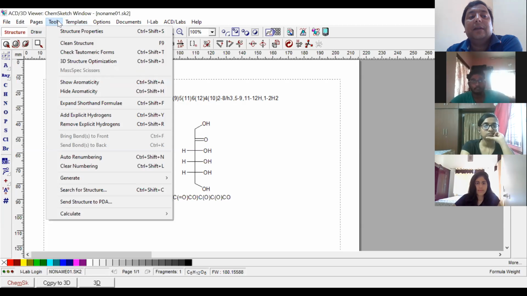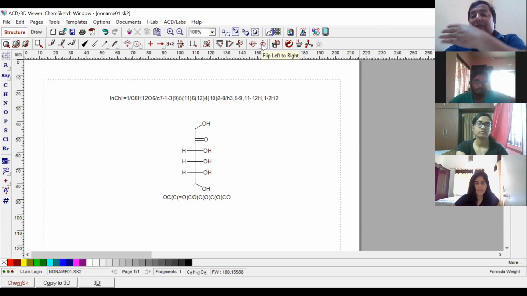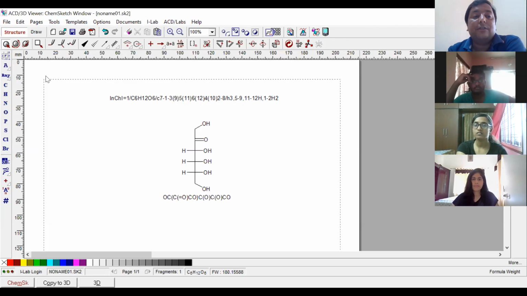Tools are there, and these tools are also mentioned here. This is the 3D window. This is optimization techniques, adding the hydrogens, right? These are the rotations. Flip rotation means like this, and 360 rotations will be like this. So many more things you can do.